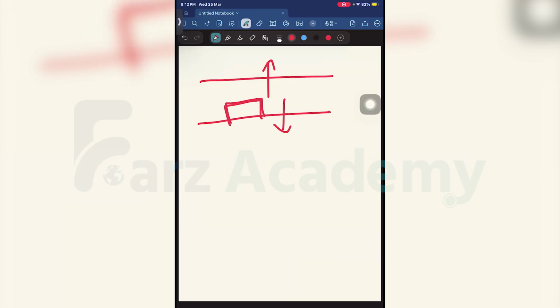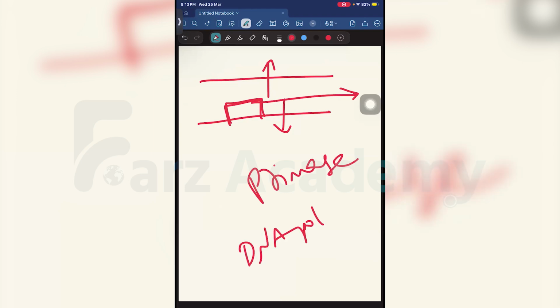Tell me the name of the enzyme that was separating the strands of DNA during replication. Who was separating these strands? Helicase. Very good. And what was the enzyme responsible for putting a primer here? Primase, right? And that was synthesizing the complementary strand with the help of DNA polymerase, right? The strands were synthesized in fragments, so the fragments were joined with the help of ligase. Do you all agree with this?